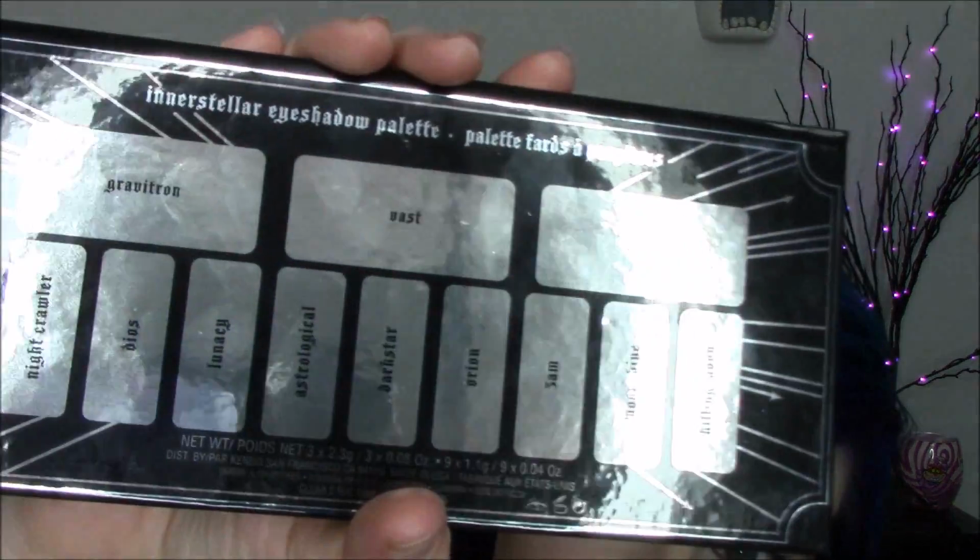And even with that, the font that they chose to print the names in is kind of hard to read. It would have been nicer if the names were printed here so you could see them, rather than having to flip over. So overall, this is a limited edition palette that's supposed to be filled with 12 unexpected